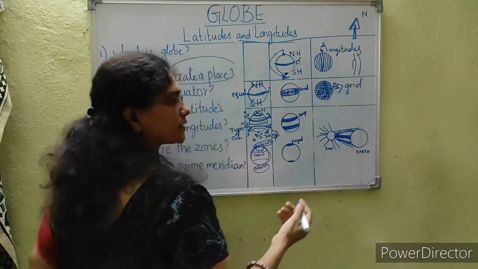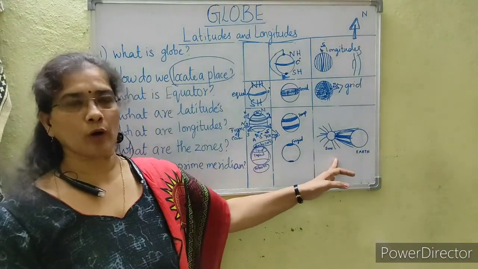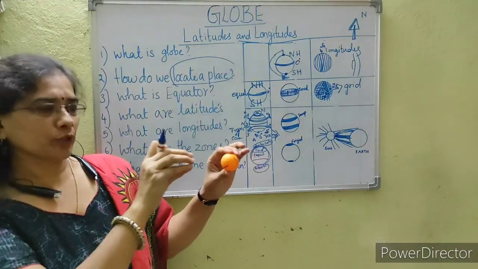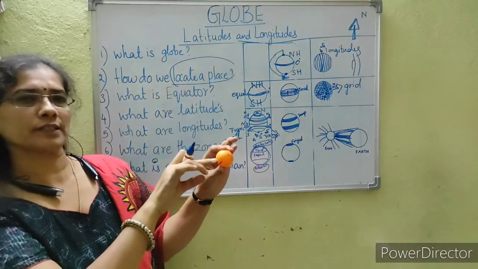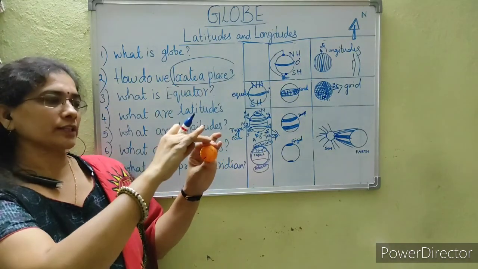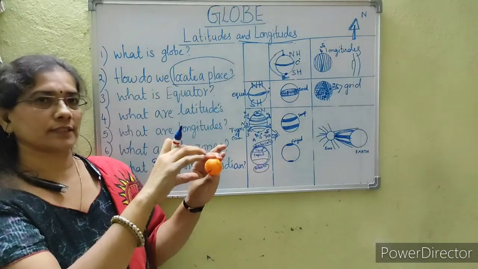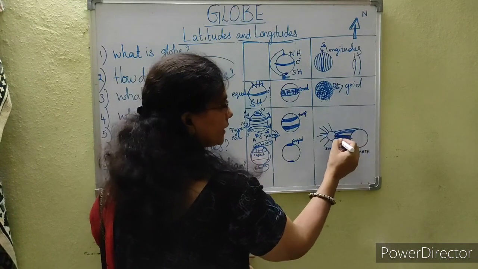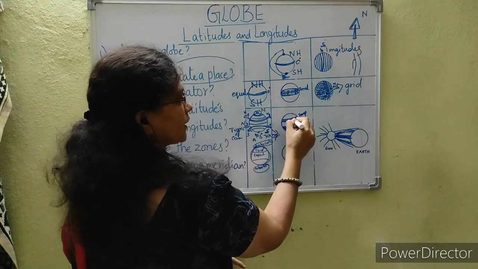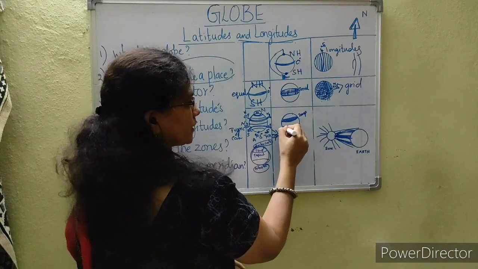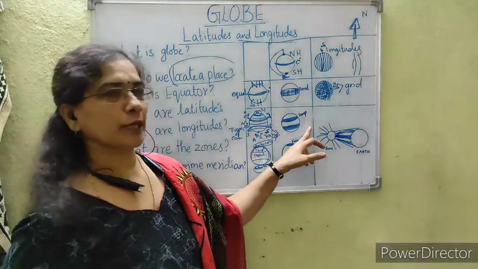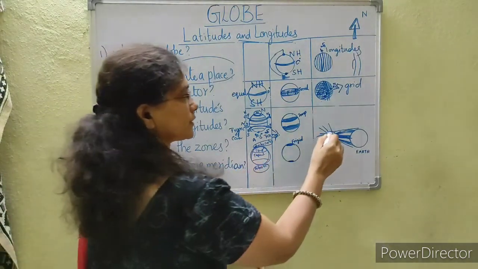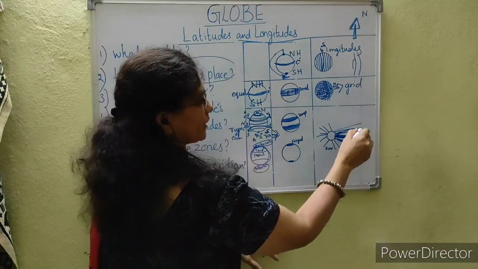When the slantingness is there, you can do this experiment at home also. You take a ball and project a light on it. If you project a light on that, you can see the light here pierces very intensely. When it reaches the end, it decreases. So, based on the slantiness, the rays falling on the earth, this region, that is 23 degrees towards the north and 23 degrees to 66 degrees, is the temperate zone.